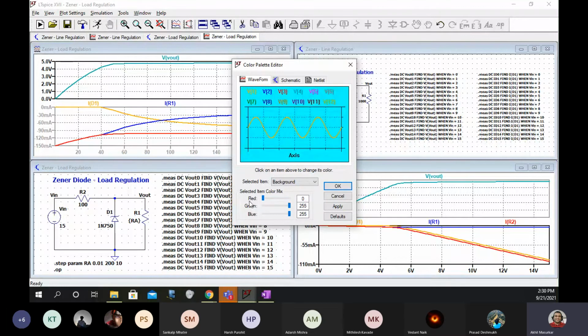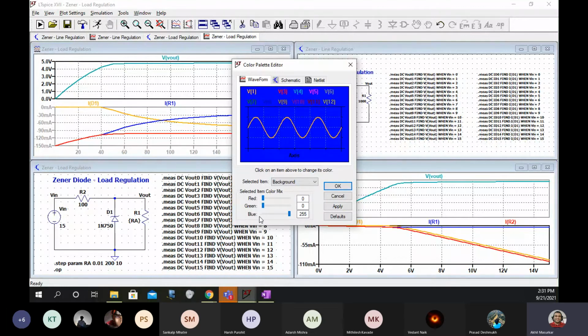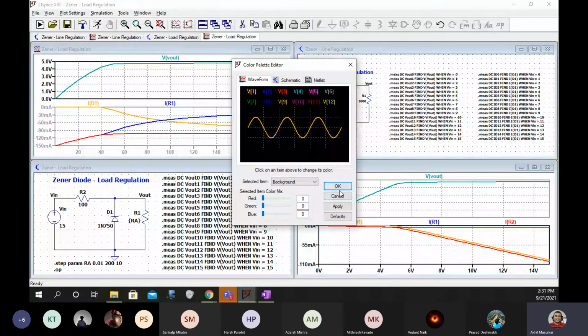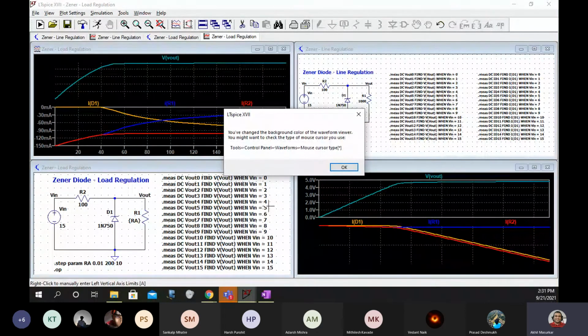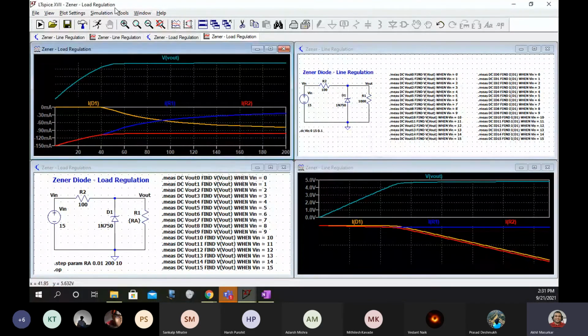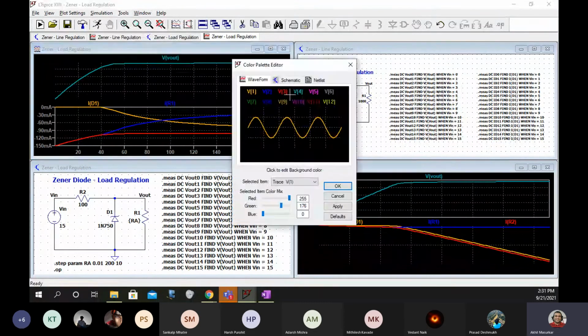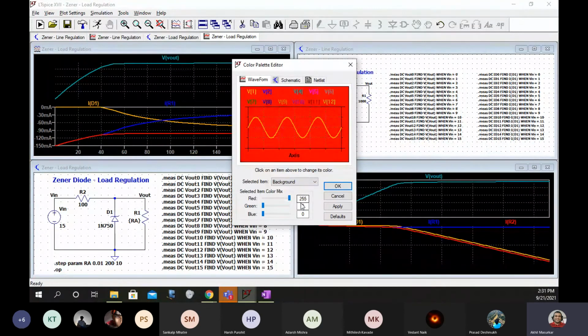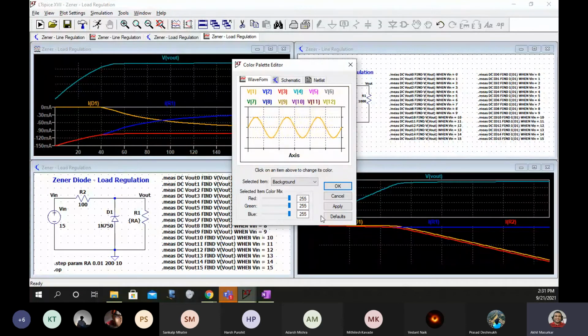Currently they might be 000. See, if it is 000, it will become black. But we don't want black, we want white. So I'll go to background and make everything white.